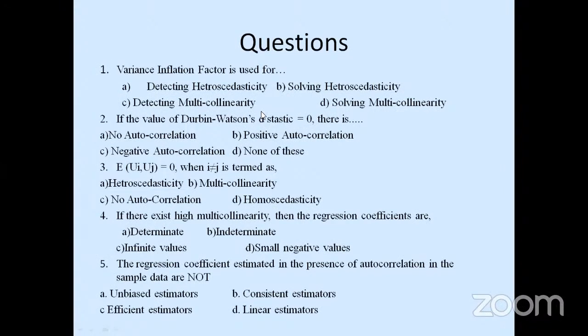So we have a range: if it is less than 2, then we don't have an autocorrelation. If it is equal to 2, we don't have an autocorrelation. If it is less than or equal to 0,